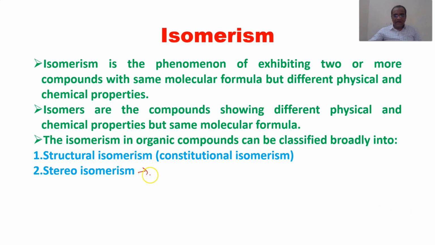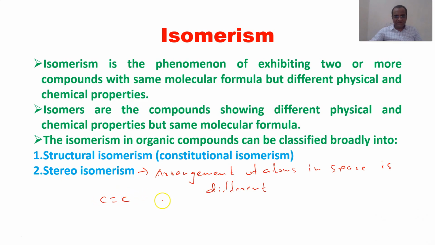See, the arrangement of atoms in space is different. It means that you might have heard about cis and trans. So these are a kind of geometrical isomerism. So I will write here a structure of cis and trans so that you will understand. See this, it is a molecule. Say suppose